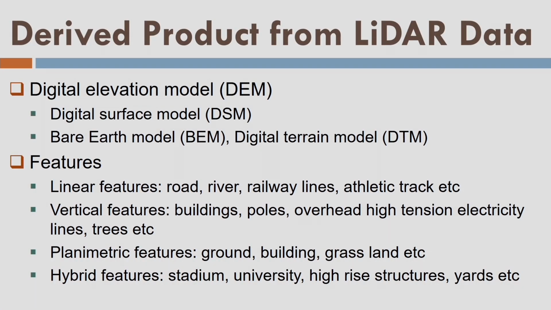What are the possible products? The data once acquired by the LiDAR and georeferenced by direct georeferencing method, then that data represents the surface of Earth in the given area of interest. So if there is a tree, I will have the surface of the tree expressed by the LiDAR data, and I will have the multiple returns also. So I have different layers of the tree. On the other hand, if I have building data, then data is also there of the building site and building rooftops. And similarly, if I have a terrain or open ground, I will have the data of the terrain. And each data is subjected to some random errors, but the data is still a point data. Data is not rectangular grids.